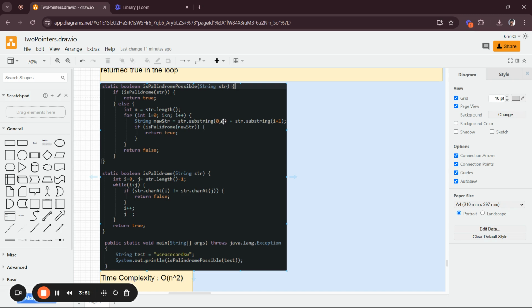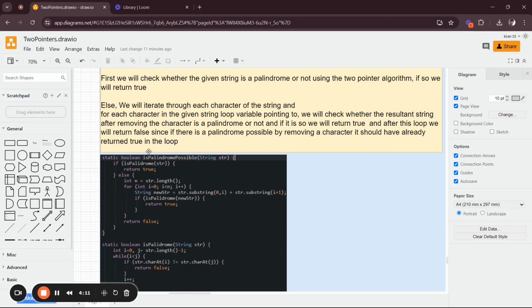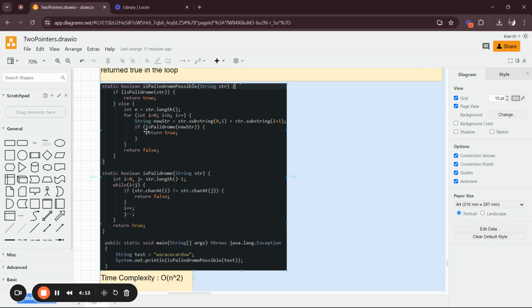I minus 1, and then we are taking the characters from I plus 1 all the way to the last element. So basically we are skipping the character at index I, and then we check whether the new string is a palindrome or not. If it is, we'll be returning true. And at the end of this loop, we'll be returning false, because if there is any palindrome possible by removing a character, we should have already returned true over here. So this is how